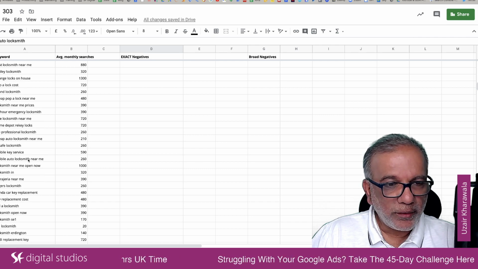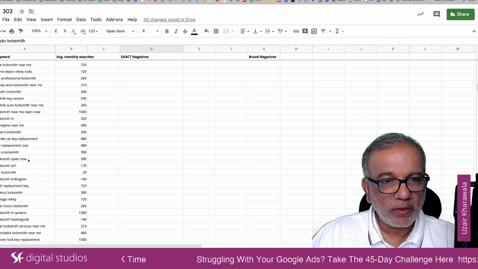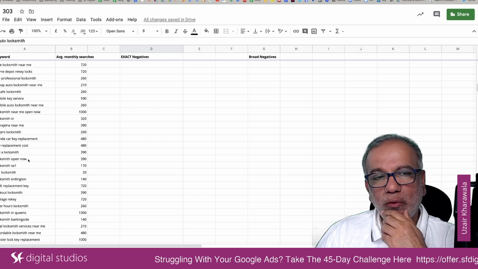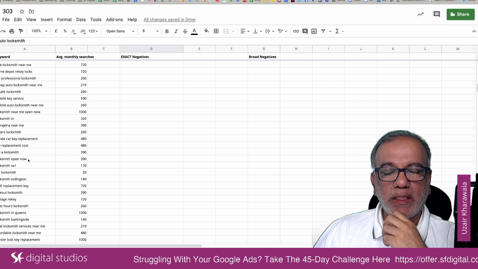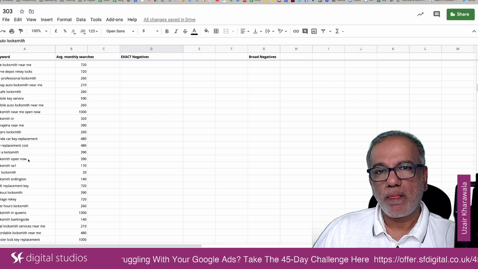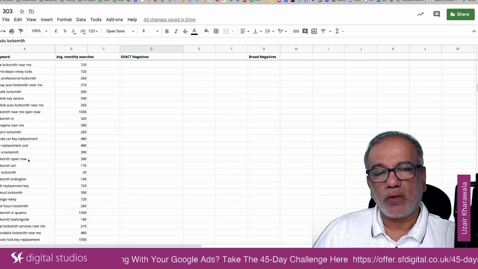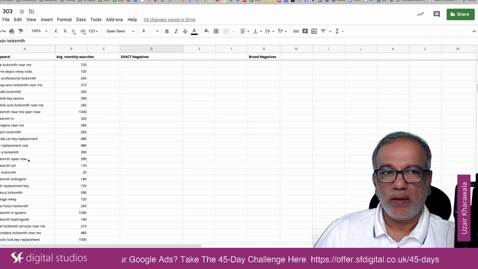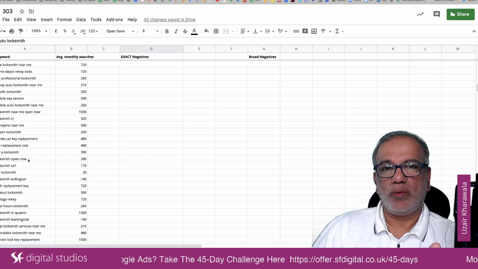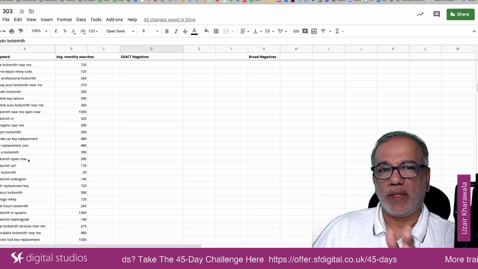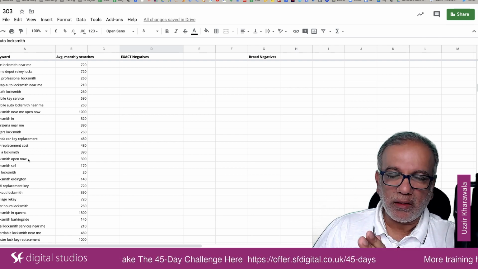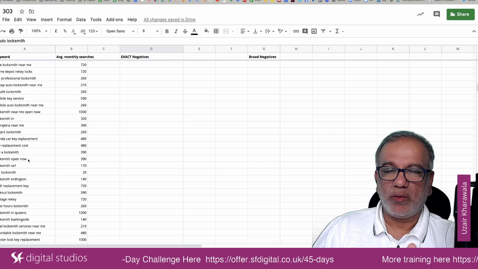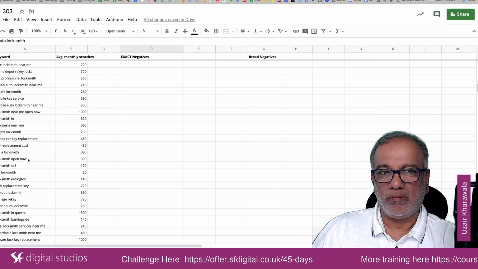And over a period of time, these negative keywords are going to save you a fortune, and not only save you money on your clicks, it will decrease your cost per conversion, increase your conversions and your ROI, because if you are getting really good clicks from relevant people, then they are more likely to convert than someone who is looking for a car locksmith,